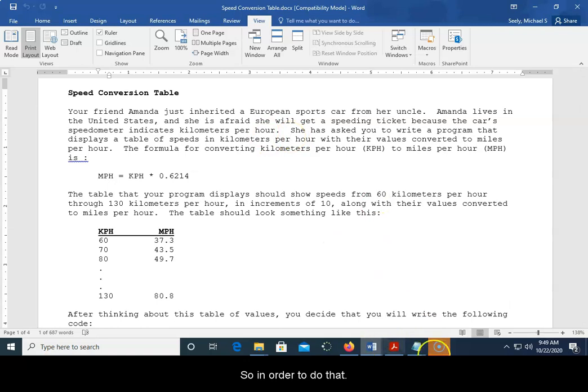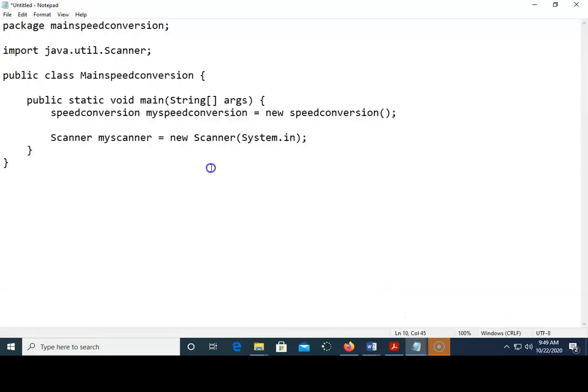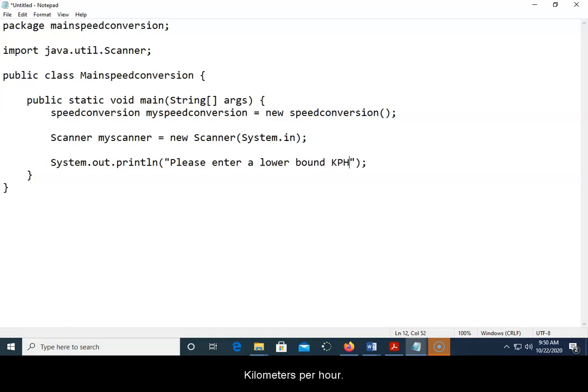So in order to do that, we're going to ask the user please enter a lower bound kilometers per hour, and we'll say double low kph is going to be equal to my scanner dot next double,